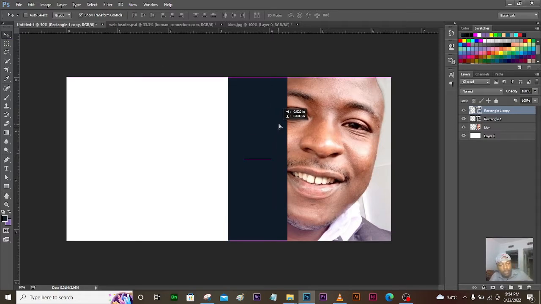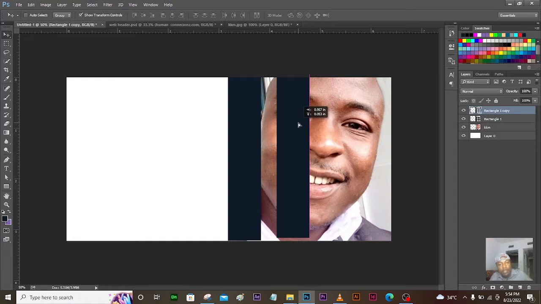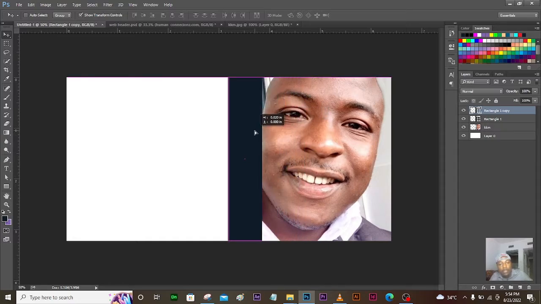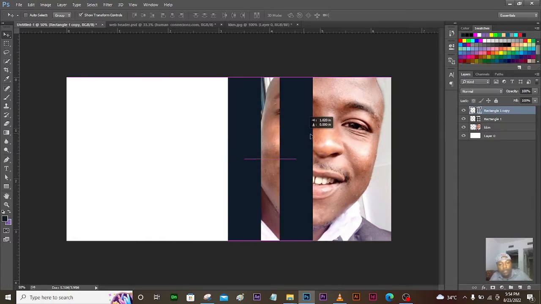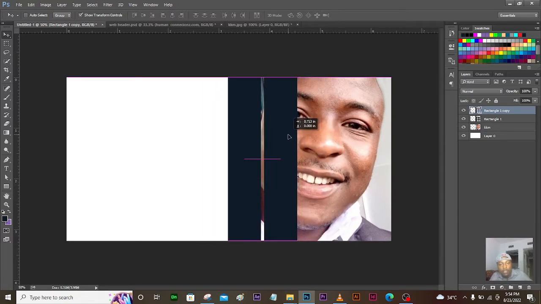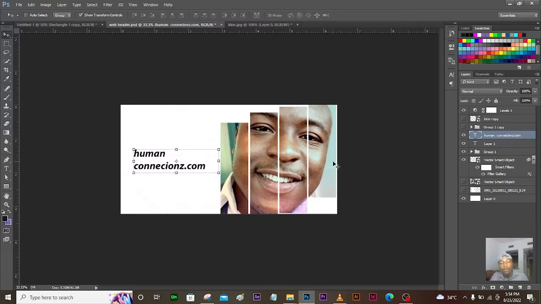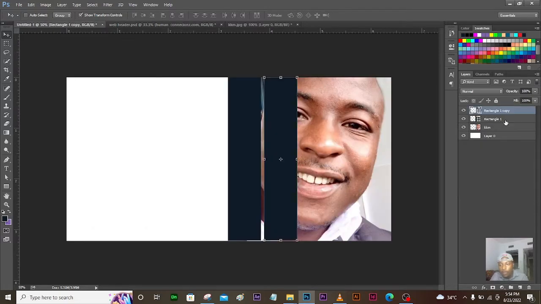So you can drag it while holding Shift. When you hold Shift, it maintains the proportion. So we hold Shift and then we leave it. So now we have 2, but they are what? They are what? 4, right? So we want 4 of them. So we do it